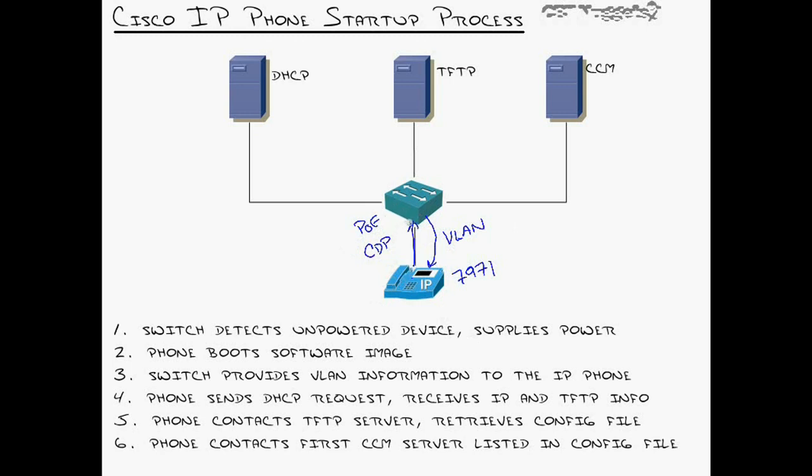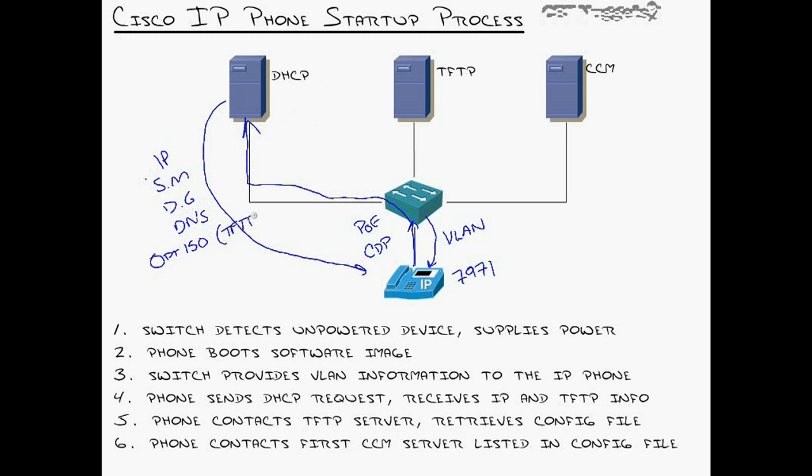So the phone gets that and says, great, I know what VLAN I'm on, so now I'll send a DHCP request. It's just like a data device, so that now goes over to the DHCP server, and the DHCP server says, oh great, let me give you an IP address. Now, in addition to giving the phone the normal stuff, an IP address, a subnet mask, a default gateway, DNS stuff, all of the normal stuff DHCP supplies, it also gives something known as option 150, aka TFTP information. It tells the phone the IP address of the TFTP server that it will use during the boot process. So the phone now gets its IP address, is like, oh great, I've got my address, I can now